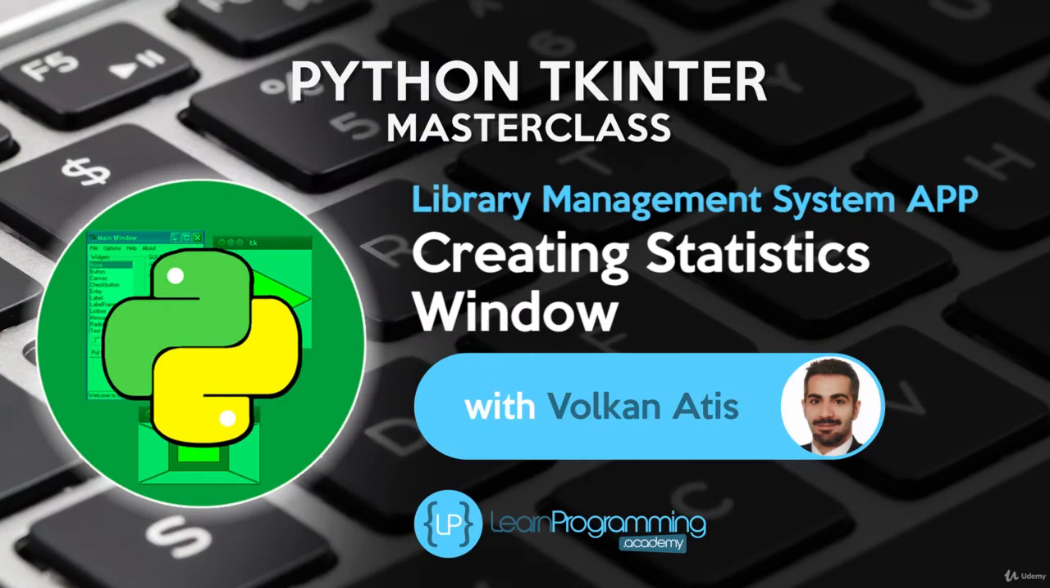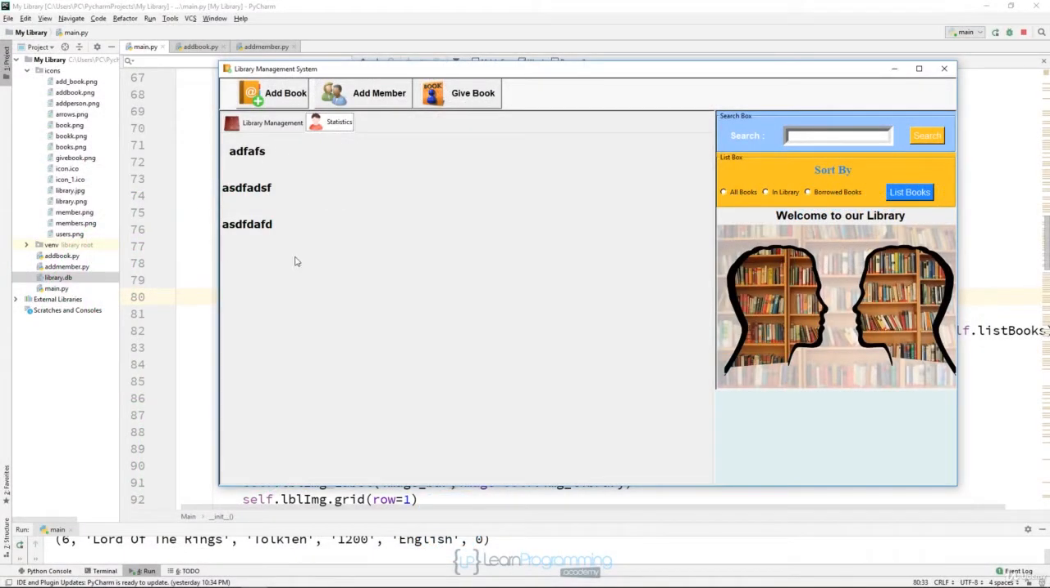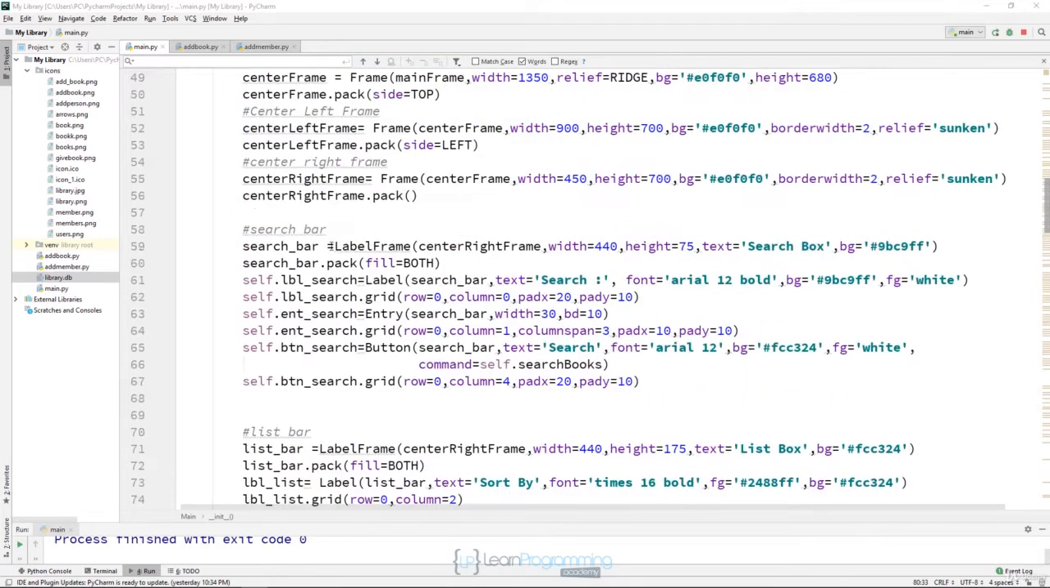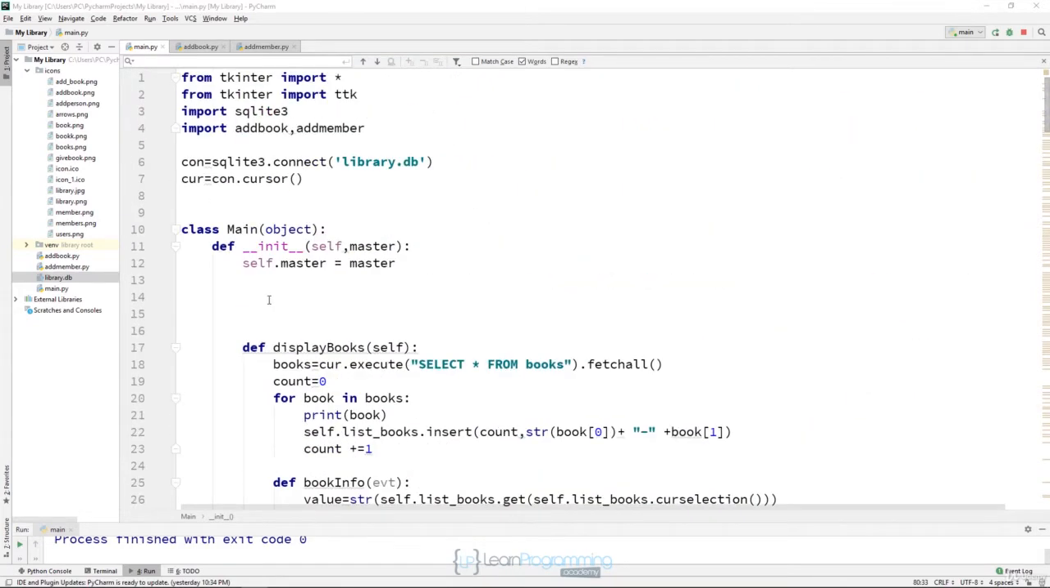Hello again. In this lesson, we are going to display our statistics. This page, we are going to create this tab actually. So what we need to do, how can we do that? To do that, I need to come here and create a new function, and this time I will say